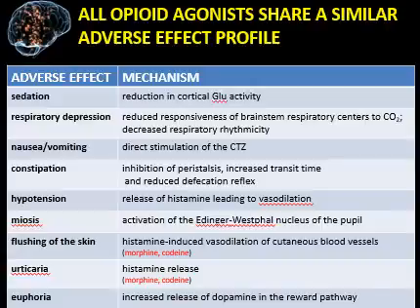So we had talked about some of the adverse effects and had basically outlined the underlying mechanism for some of these adverse effects of opioid agonists. Recall that a lot of these opioid receptors are widely distributed throughout the CNS, and they modify pain perception, mood, regulate cardiovascular and respiratory activity. And so some of these side effects can be basically explained by the receptor expression of some of these opioid